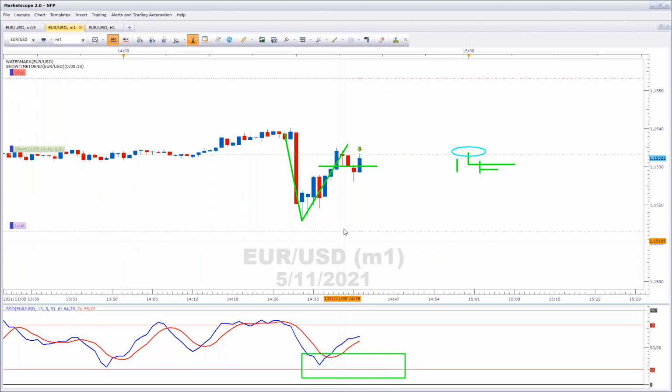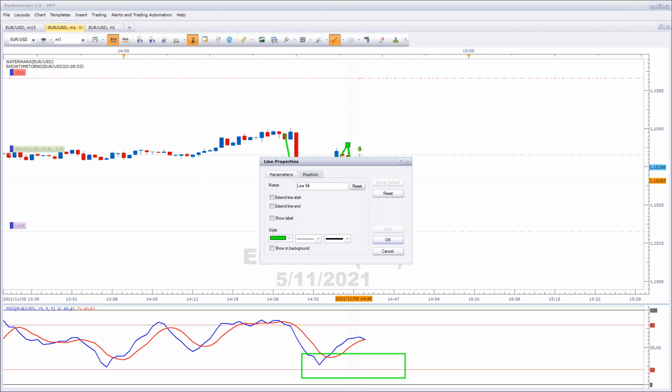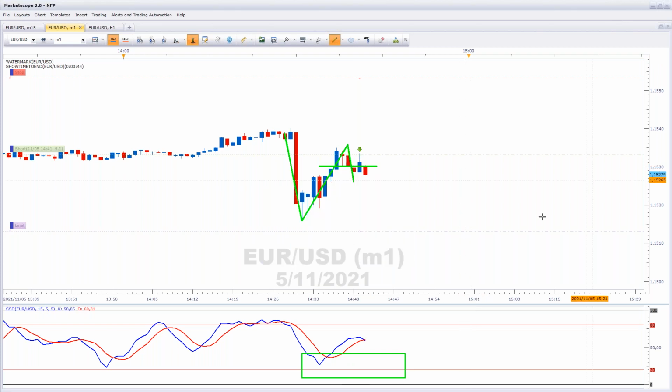We want to get this stop loss down as quickly as possible. Just want to move this out the way.